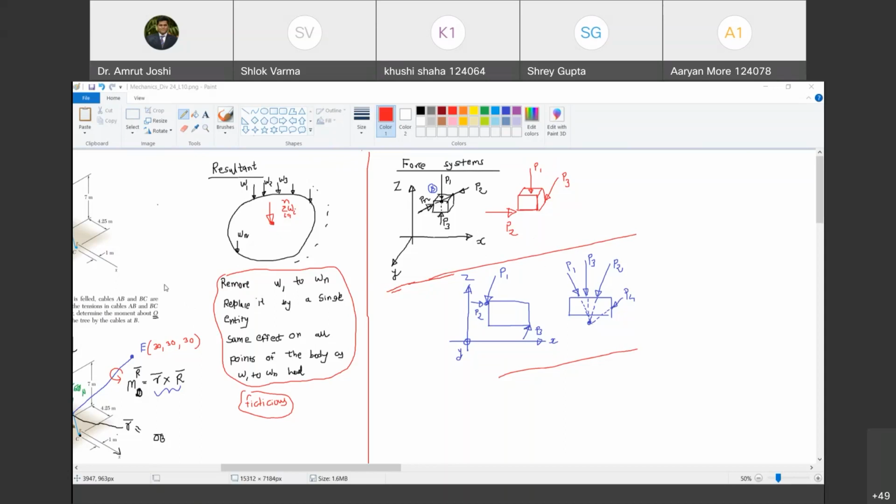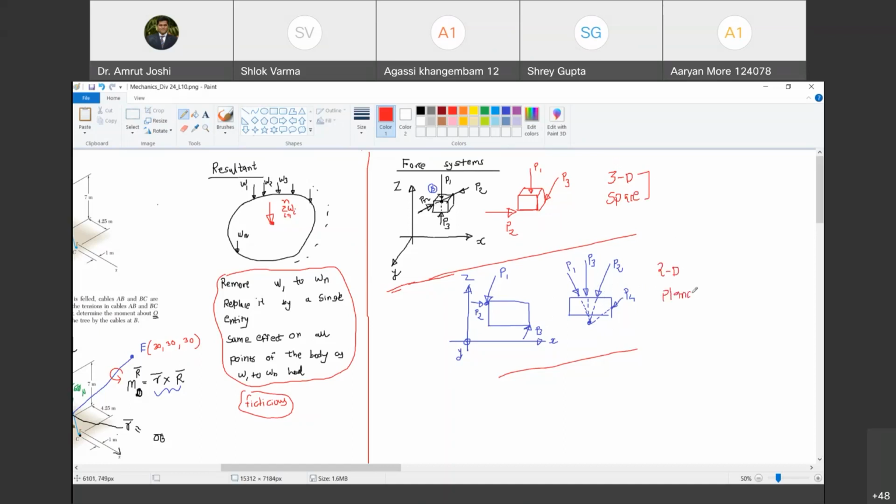Can you unmute? One is 3D and one is 2D. Yeah. So if you look at the first force system, the forces are oriented in all the three directions, X, Y, Z. But if you look at the lines of actions of forces in the lower force system, all the lines of actions, they do prevail in a single plane. So therefore, the first system, we call it as 3D force system or space force system. Are you with me, Agassi? Yes, sir. Whereas the next force system, we call it as 2D force system or planar force system.